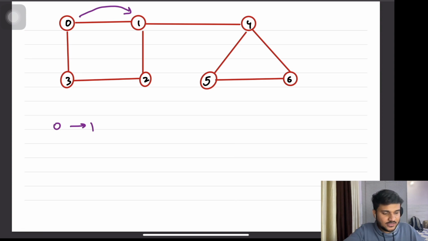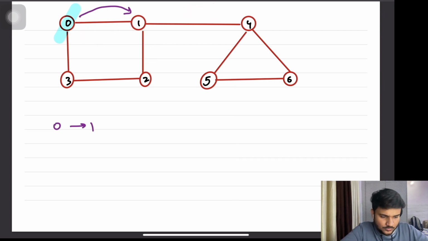In order to avoid a cycle, what we will say is, if this node is already visited, we are not going to visit it again. So let's say I am going to use this highlighter. Whenever we visit a node, I will mark it visited. So see, 0 has been marked visited. Now from 1, you cannot go to 0, but you can go to 2 or 4.